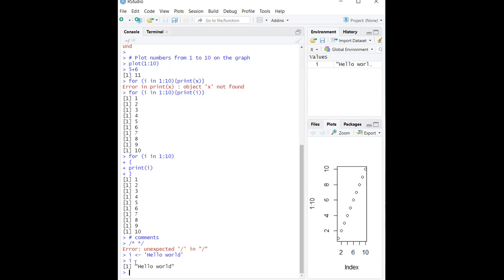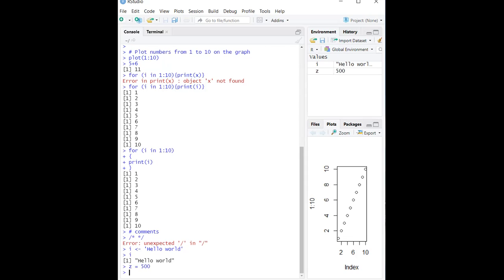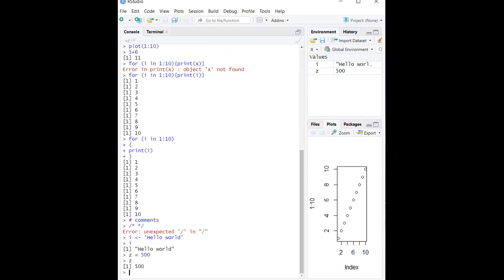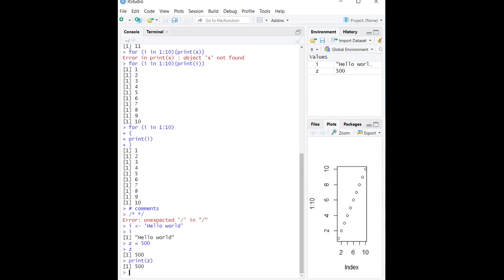But in some contexts in R, we cannot use the equal to operator, so that's why they use this particular symbol. For simple computations we can use this one, like z equal to 500. This way also we can assign, and we can print the value using the print command, or simply give z over here.